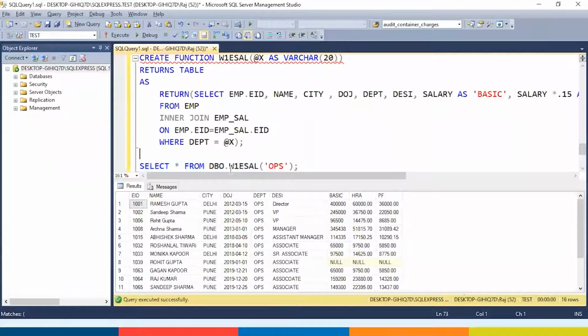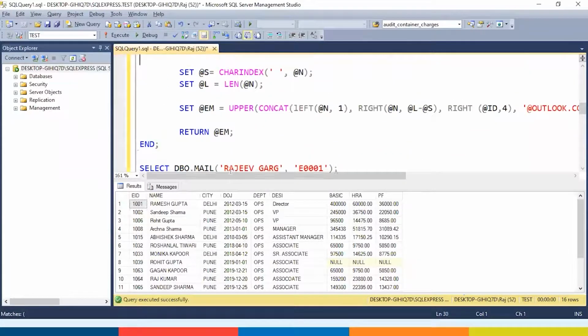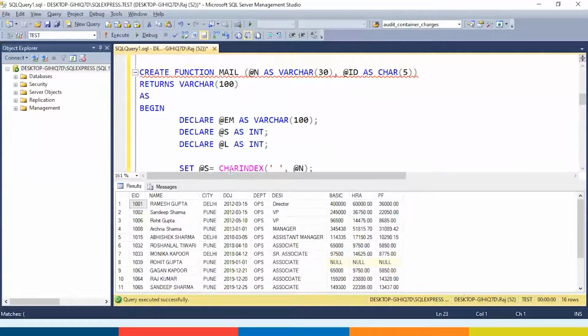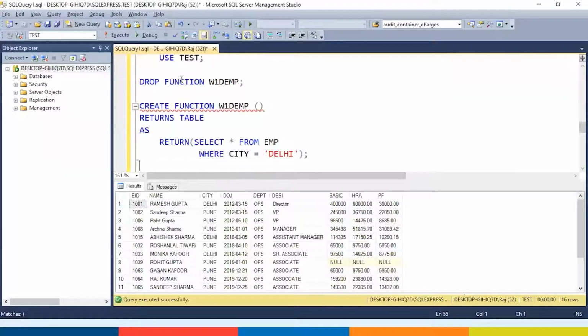Okay. Now, one important point, if you notice the difference between the scalar value function and the table valued function is, first difference here in the table valued function, we are not using begin and end.